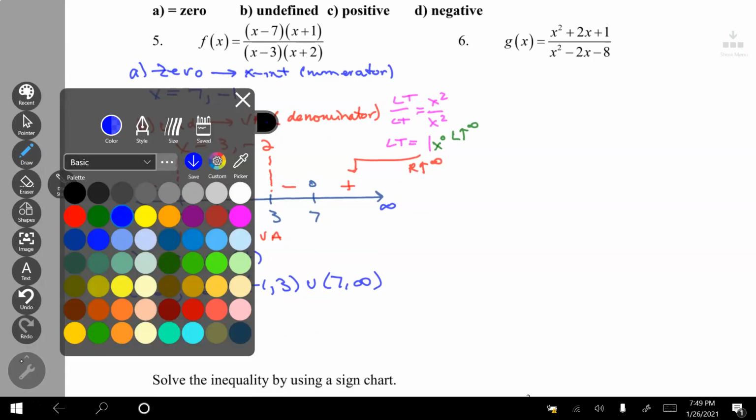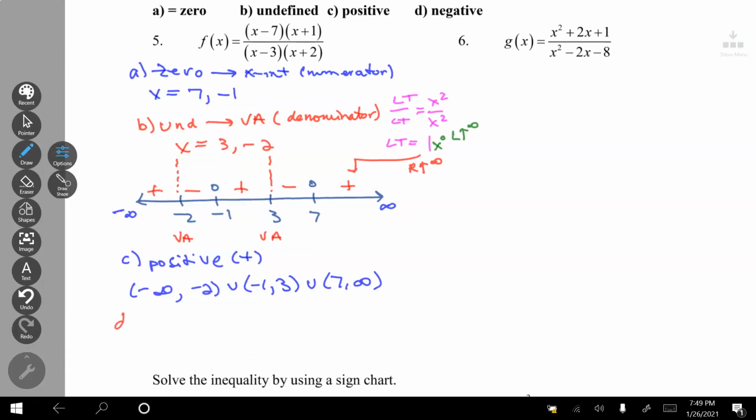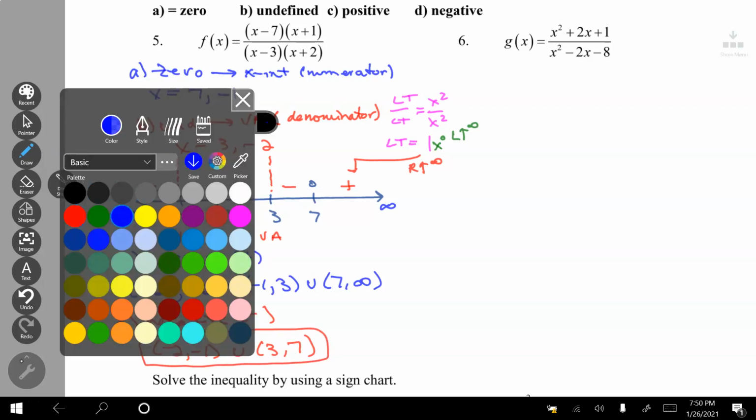And then part D, here's where everything is negative. That's where the minus signs are located, those regions. Negative 2 to negative 1, union 3 to 7. And that's where I have the negative values. I can circle all this,